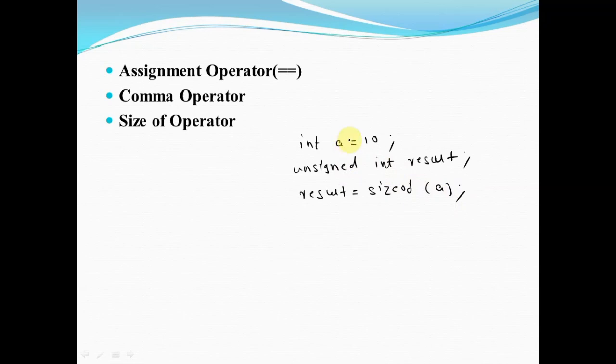Basically we have declared this a as an integer type, and if we want to calculate the size of a, then it will give you the value result = 2.